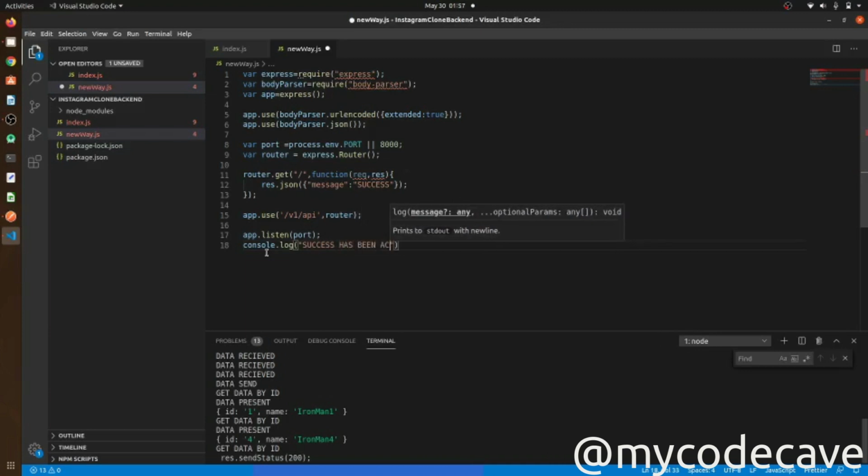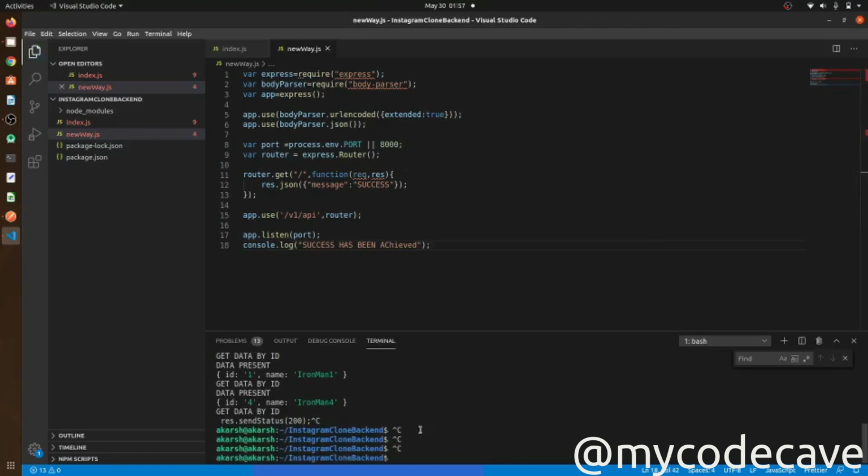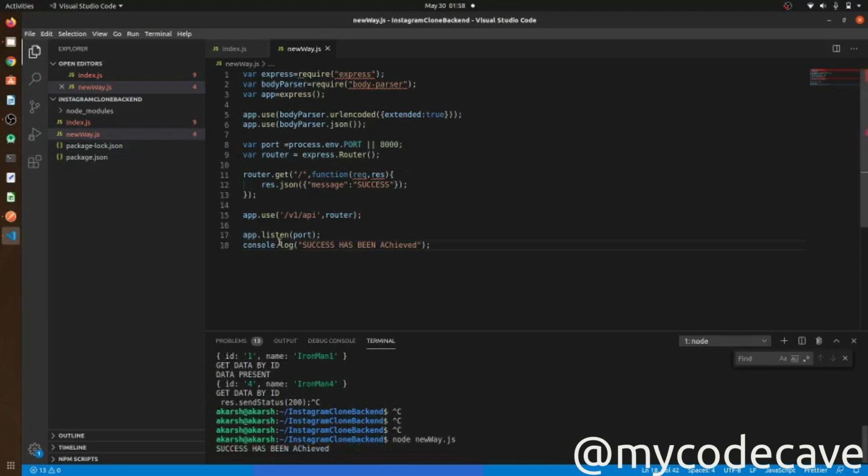Okay, what am I typing? Now let's just run this. Let me close this, and now let me run node new way.js. Success has been achieved. You can see that our port is now running.